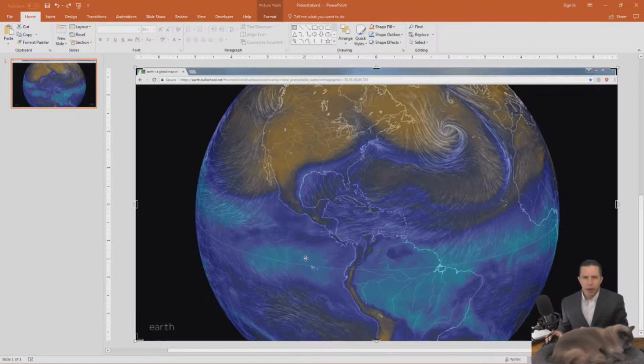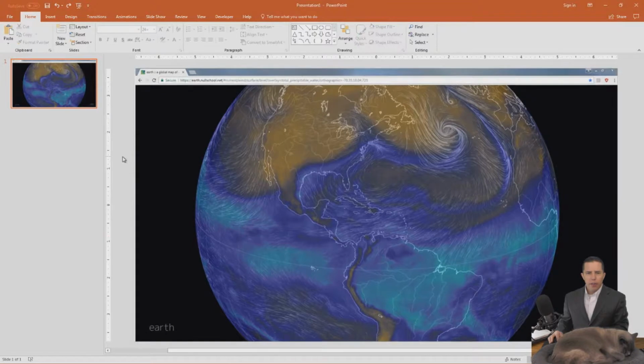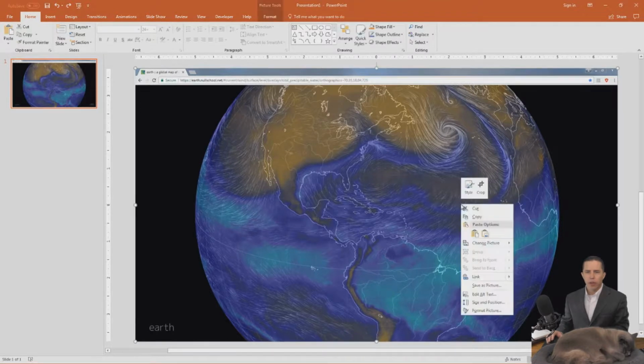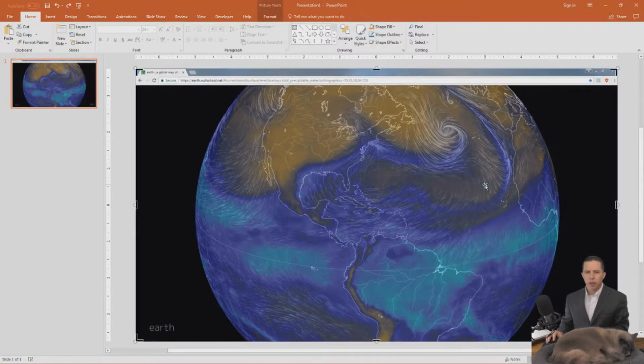A good tool to know how to use in PowerPoint is the cropping tool. So here I've got an image that I captured, except I have too much stuff, let's say, and I want to cut some of this out. So if I right click on the image and I select crop, I get these little black lines. One there, one there, one there, one there. And I drag those and it will